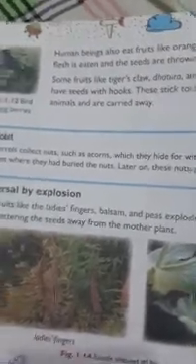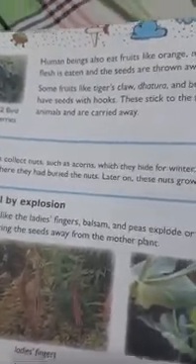Animals. Next one, some plants have juicy fruits that many animals and birds eat. The seeds come out in their droppings. These can be far away from the parent plant. For example, jamun, cherry, and apple seeds are dispersed in this way. Even human beings also eat fruits like orange, mango, pear, and plum. The flesh is eaten and the seeds are thrown away.